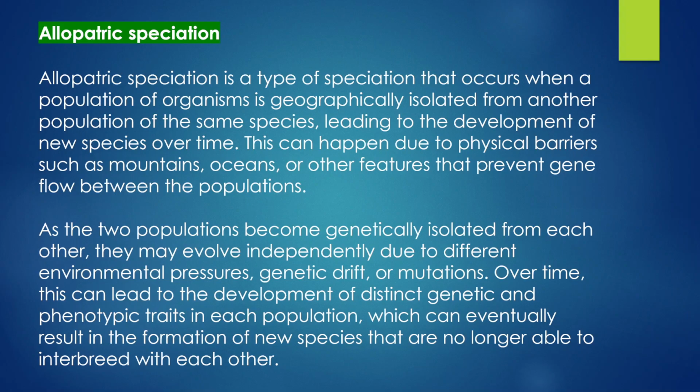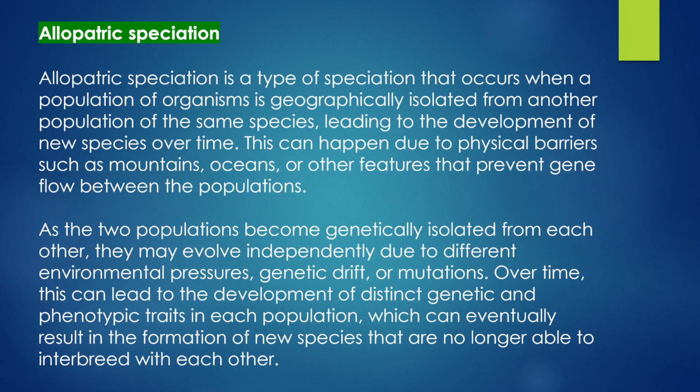Allopatric speciation is a type of speciation that occurs when a population of organisms is geographically isolated from another population of the same species, leading to the development of new species over time. This can happen due to physical barriers such as mountains, oceans, or other features that prevent gene flow between the populations. As the two populations become genetically isolated from each other, they may evolve independently due to different environmental pressures,